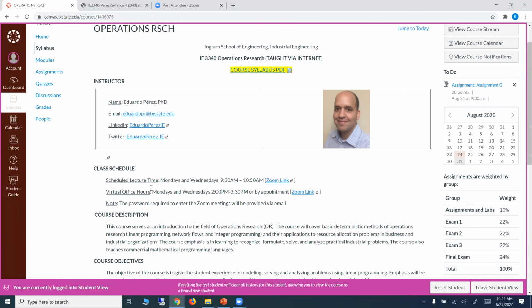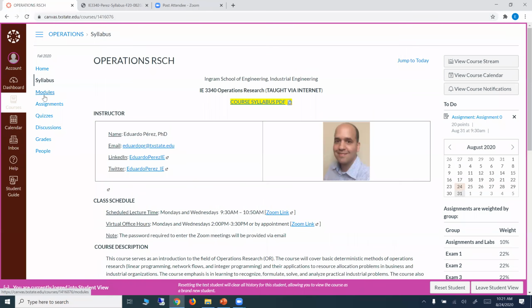Then we have the links for the virtual office hours here. The password, again, is the same password that you used to access the lecture today. And then when you go here, this is what you're going to access. You have access to modules, assignments, quizzes, these are for the exams, discussions, grades, and people. So when you go to modules,